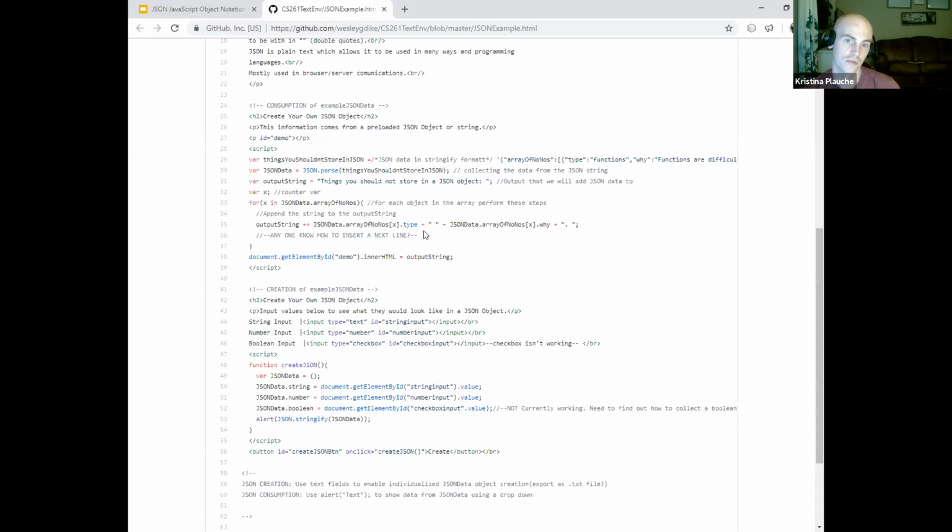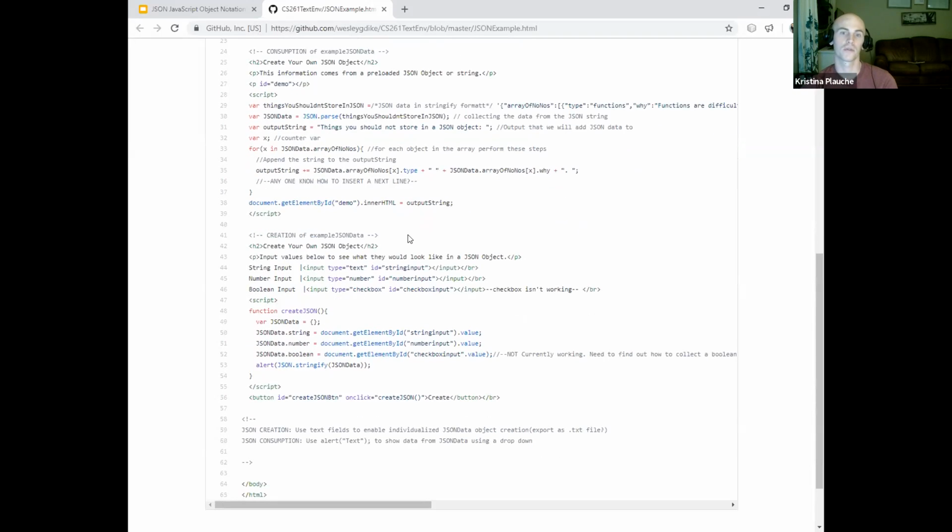So it's running through each one. You can see that's how you access the different variables once they've been turned back into a JavaScript object. You can treat it just like a regular object. So again, this is the money right here on how to convert from a JSON string back into a JavaScript object.